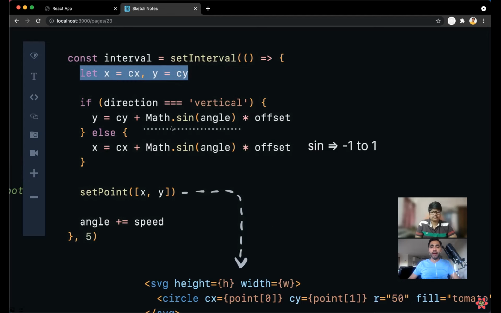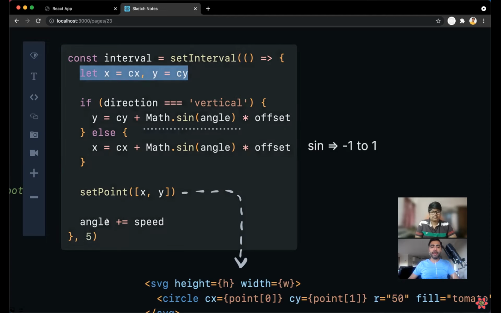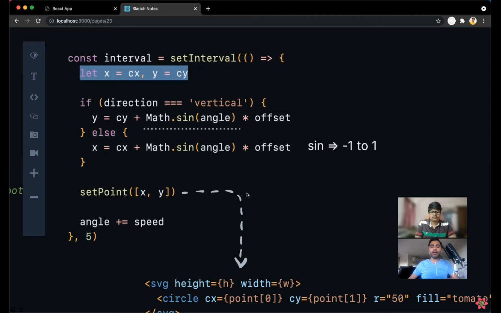And why the need of using the sine, right? Whichever angle you give, angle we are incrementing here, angle 0, we are adding the speed. It is going on and on. But this sine calculation, right, will always come between -1 to 1, whichever value you give. Same as the sine wave that we've seen, like it goes up and down, the same concept.